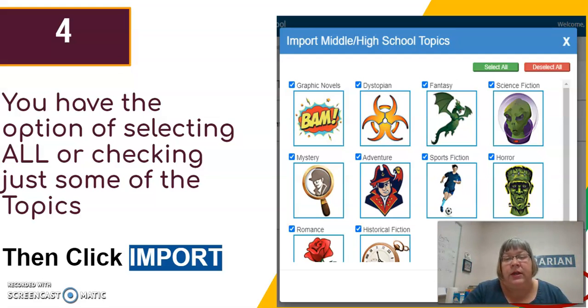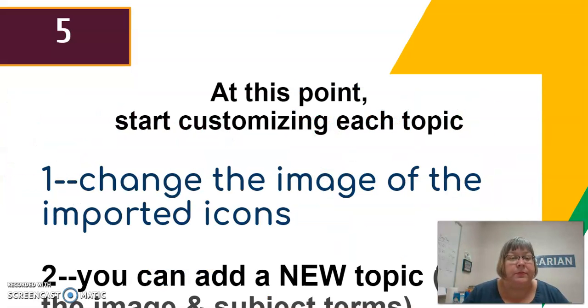So you can either click on to choose or not choose any of these categories. And if you change your mind later, you can always go in and delete them. If you're like, oh, I don't want a dystopian category, that's too fine-grained, or nah, I don't have a lot of interest in sports, or whatever the case might be. Then you will click import.